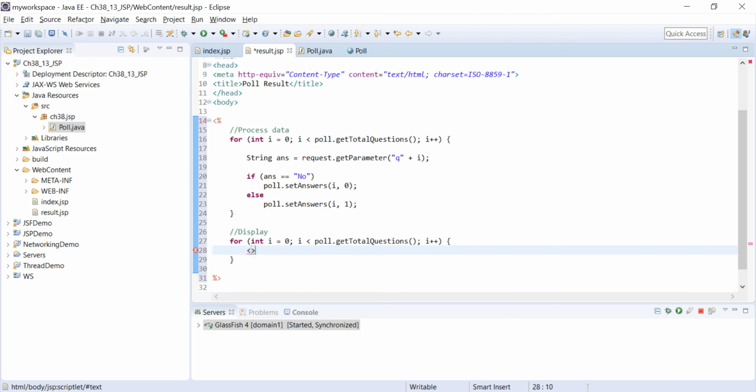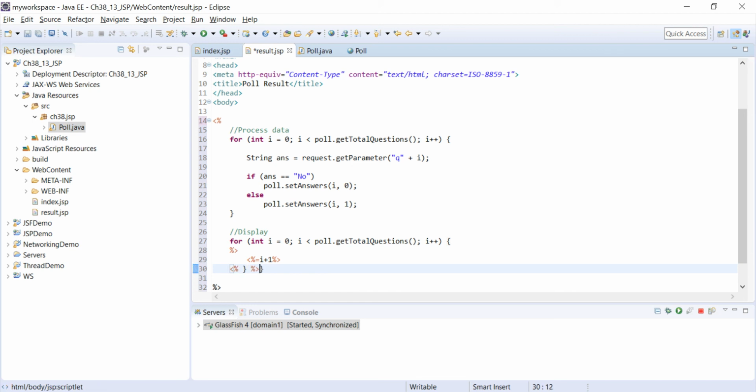Loop through every question. Okay, and I want to display the question number. Again, you can put this in a table if you want. I'm just going to put it quickly here. I plus 1, right? Question number I plus 1, which is the first question. Actually, you could do it using HTML, or yeah, I'll just terminate that here, and then I will close the question